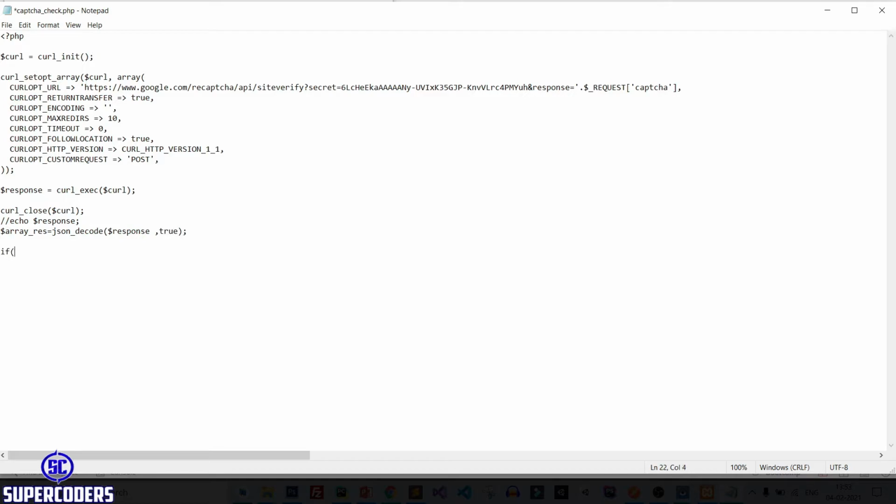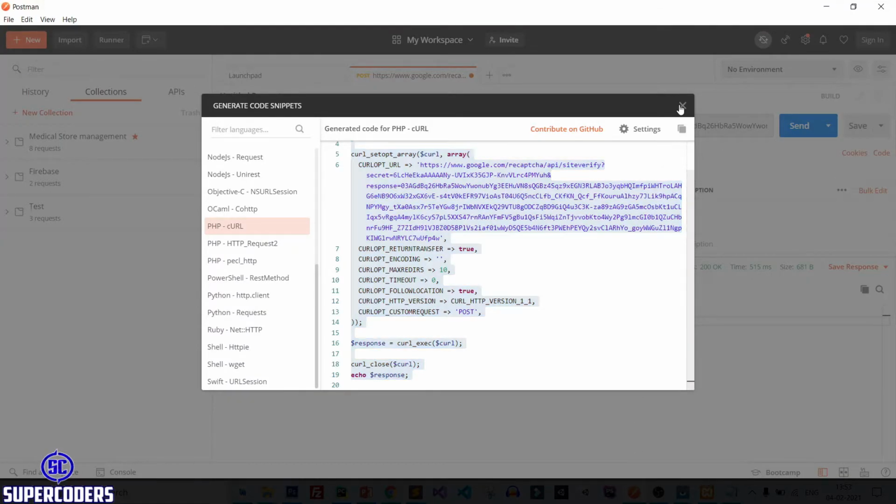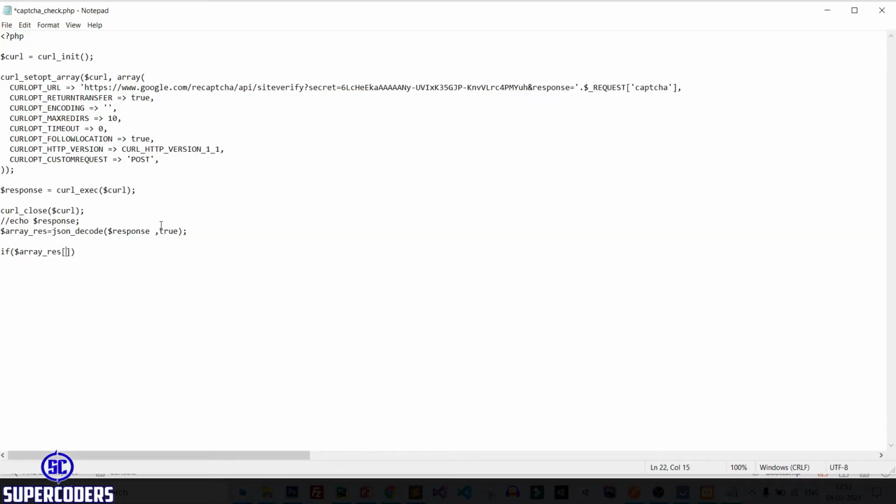After that if array response then key is, let's see, key name, so close it and key is success. So if key success equal to true, then simply echo login successful.